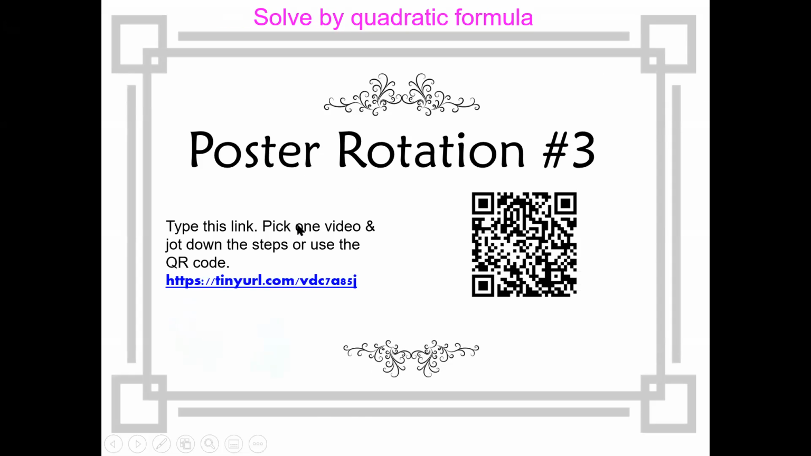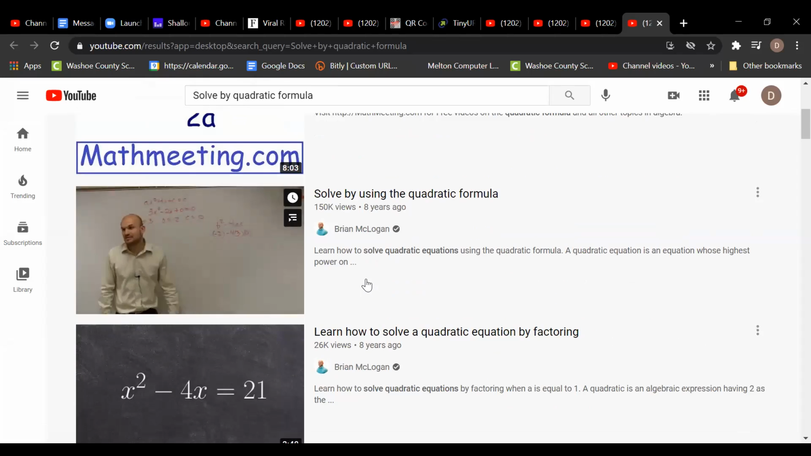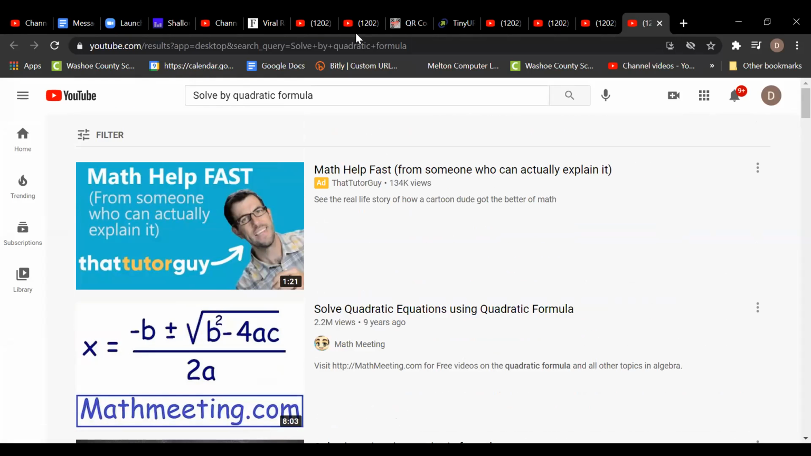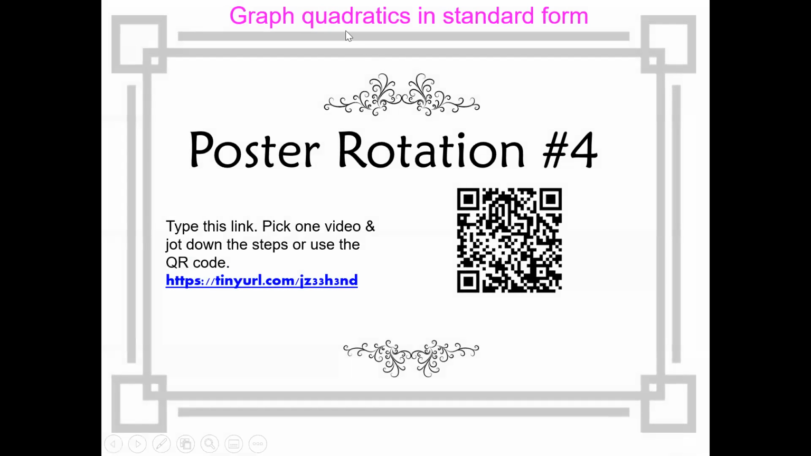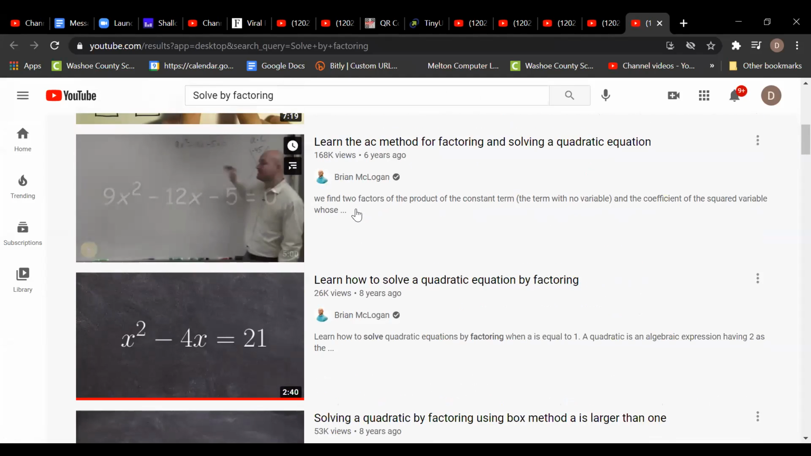Next one is on solve by quadratic formula. Scan the QR code or type the tiny URL in. Then here are all the videos on quadratic formula. Pick one and then jot down 2 different examples. I'm going to continue this on with graph quadratics in standard form, which we've talked about in class. Scan the QR code and pick one of the videos, jot down 2 of the,